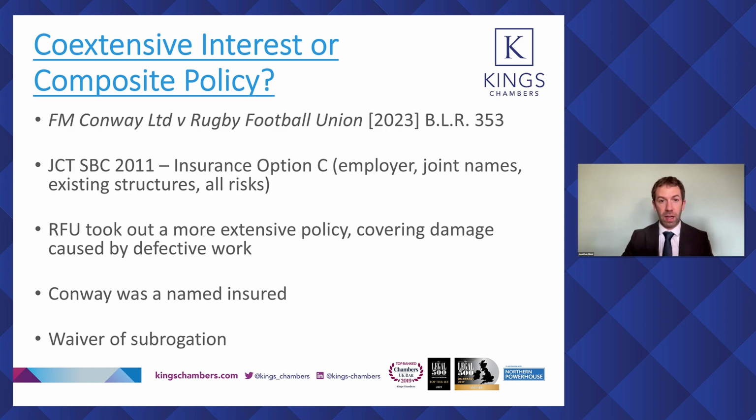But the court and the Court of Appeal drew a distinction between joint insurance policies and composite insurance policies. Joint insurance can only exist where there are, and to the extent that there are, joint interests. And if a policy covers both parties with different insurable interests, then it would be a composite policy rather than a joint policy in the strict sense, which is very interesting. What does it mean in practice?